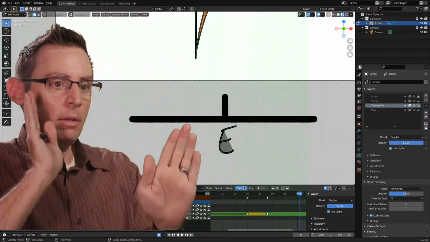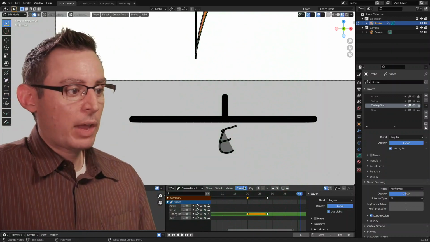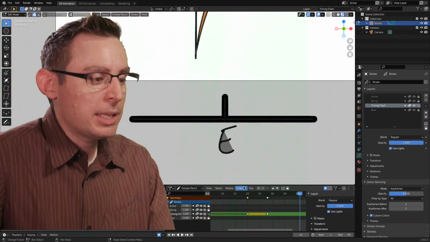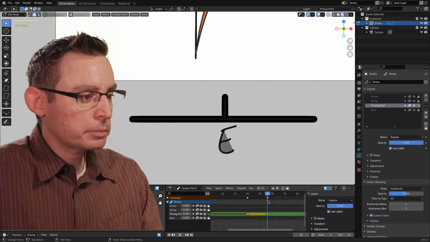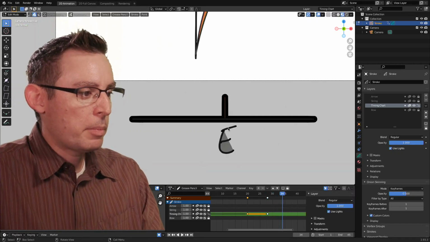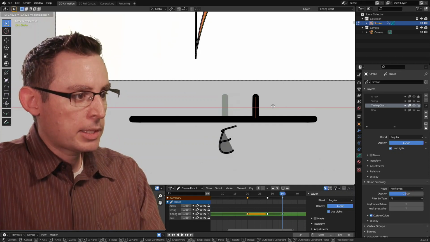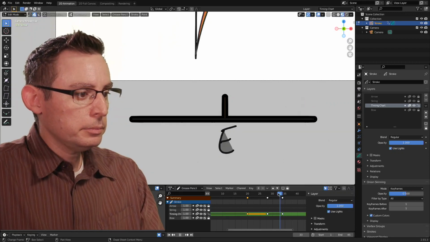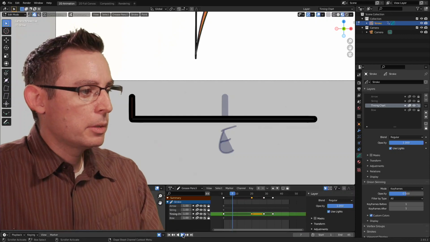How long is that bong going to be? Bong is going to go fast. It's going to go maybe 3 times as fast as the windup. If the pullback was 20 frames, maybe the release is 6 frames. Let's just give it a go here. And I don't know. I'm going to move my playhead to frame 34. Grab my vertical line that represents my playhead, grab it, X key, let's put it over here. All right, let's see what we got. Let's play the animation.